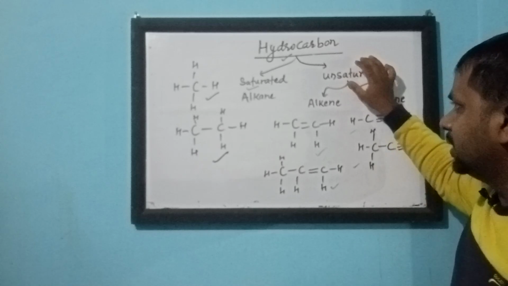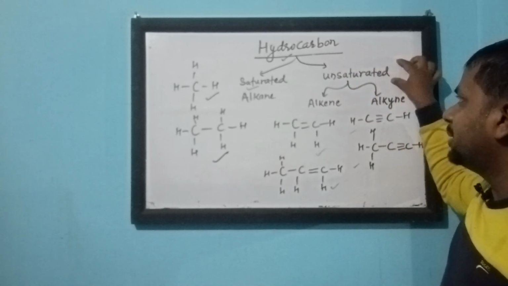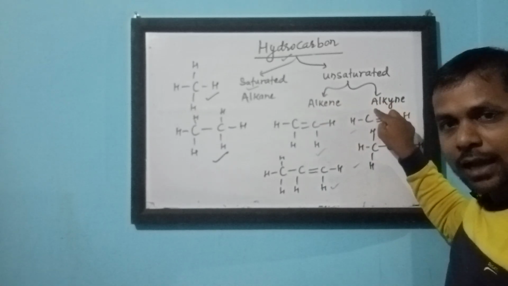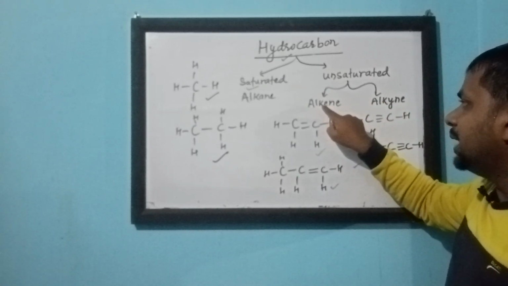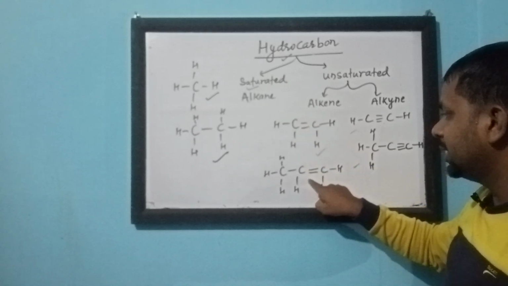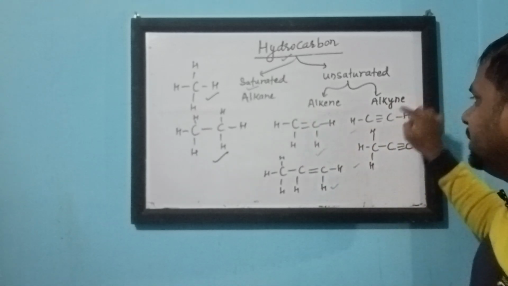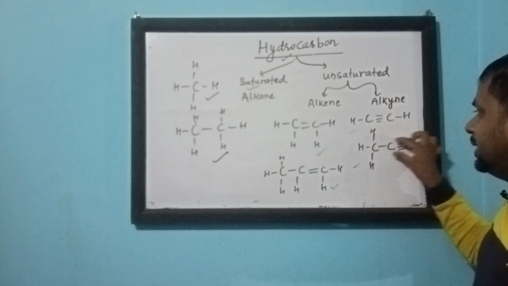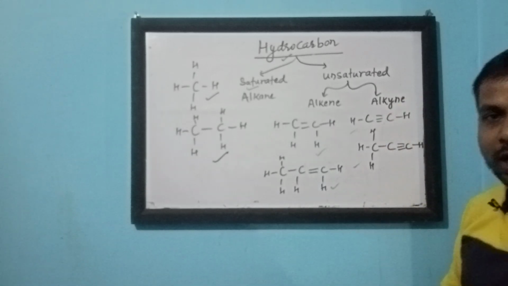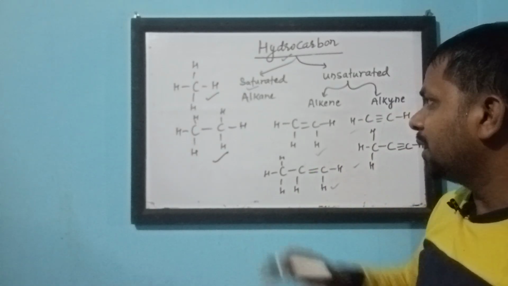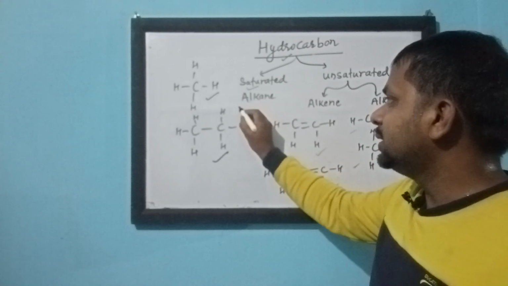covalent bond. Unsaturated hydrocarbon is divided into two groups, alkene and alkyne. Alkene is the hydrocarbon that consists of at least one double covalent bond, while alkyne means the hydrocarbon that consists of at least one triple covalent bond. They are called alkyne. The general formula of alkane is